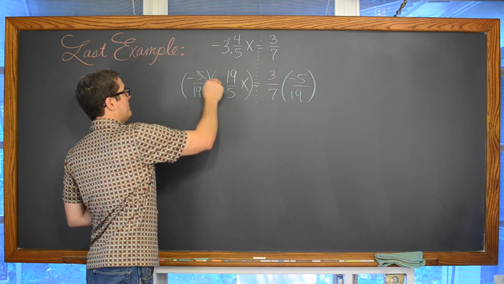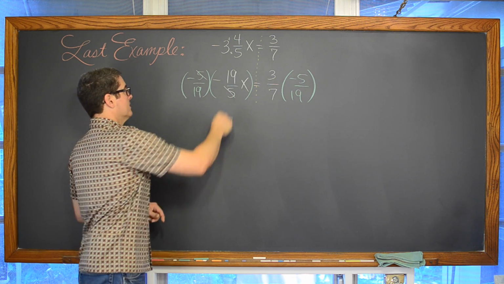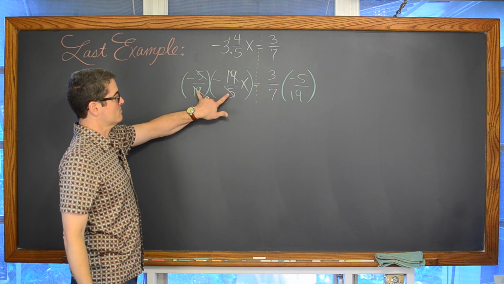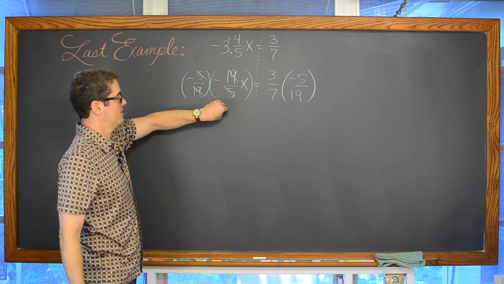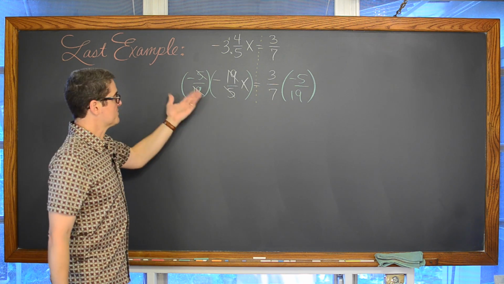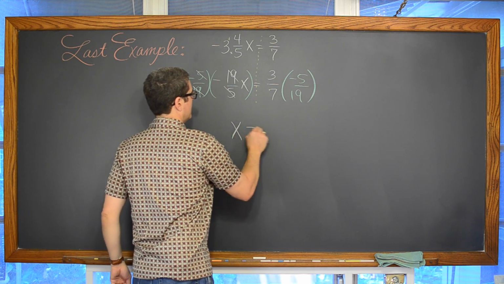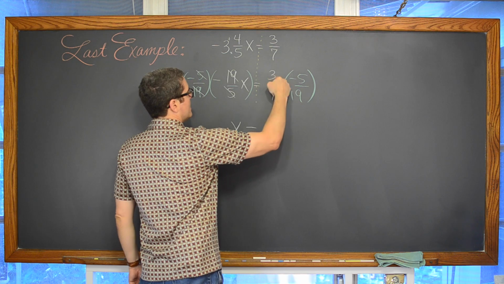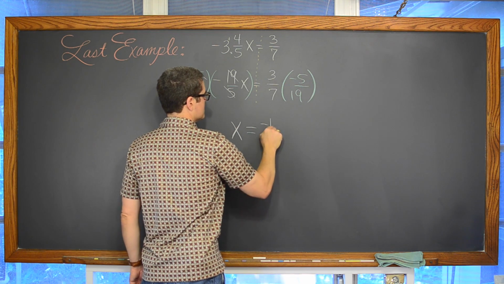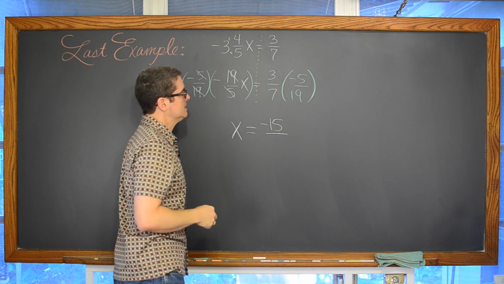And the 5 divided by 5 is going to cancel out, and the 19 divided by 19 is going to cancel out. Or you can multiply these together and multiply these together, and you'll see that you get the same number, but you're dividing it by itself, so it is going to come out to be 1. And over here, we've got no common factors. So we have 3 times negative 5, which is negative 15 over...